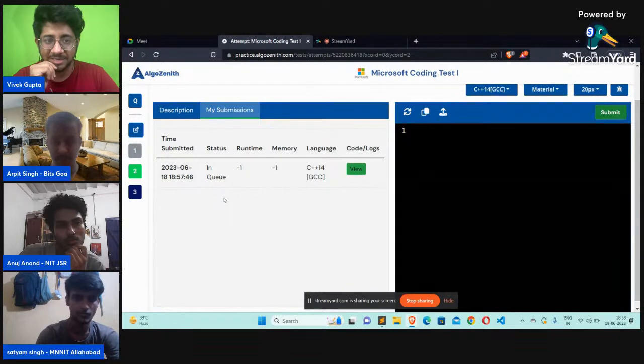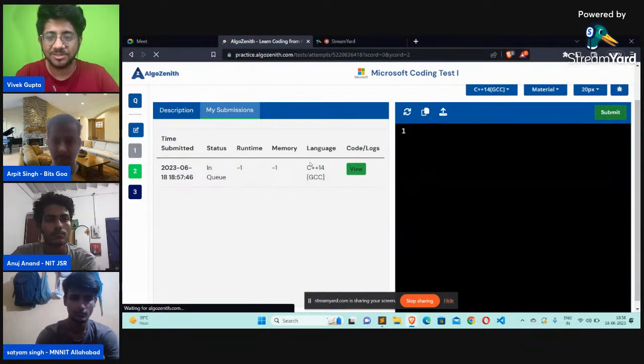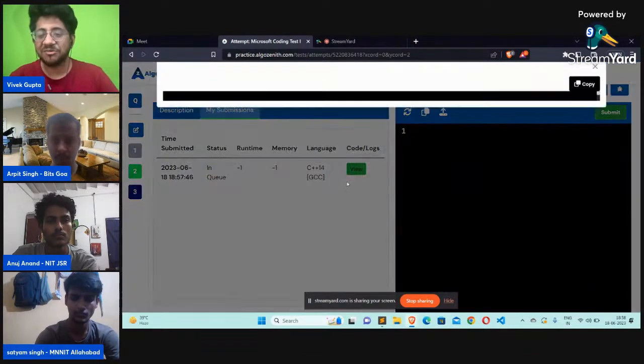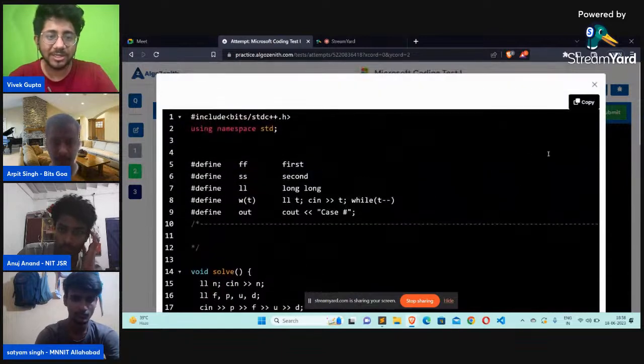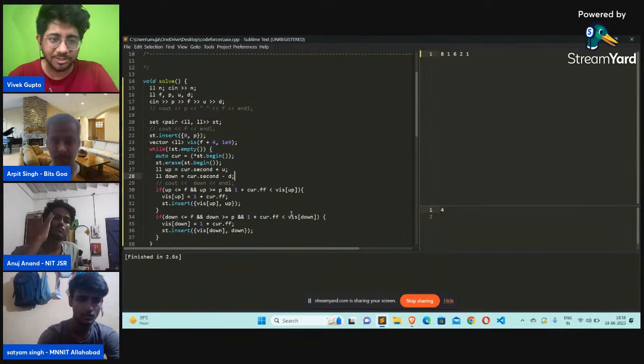Because it might take time to run things. Ideally, even on any platform, it sometimes takes time. Algorithms is definitely one of the best trainings, I suppose. I'm going to give a quick plug because I teach at Algorithms, and I know for sure it's one of the best trainings that can possibly exist in India.